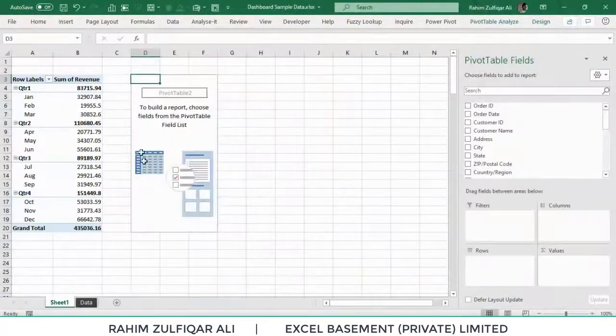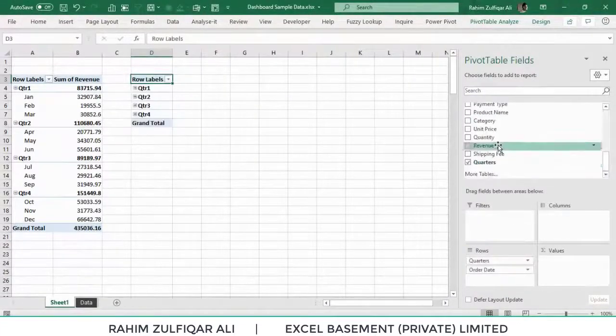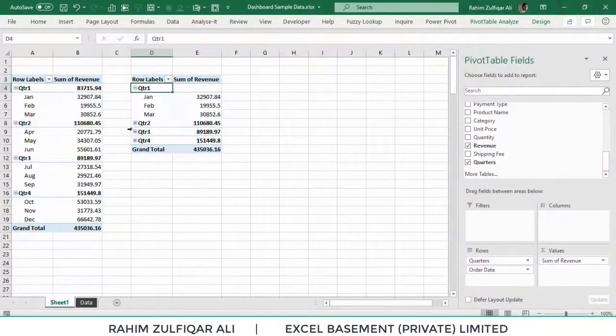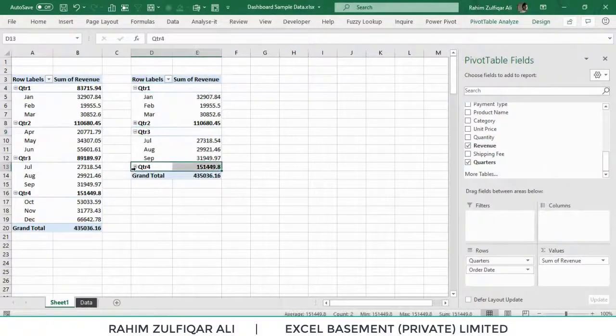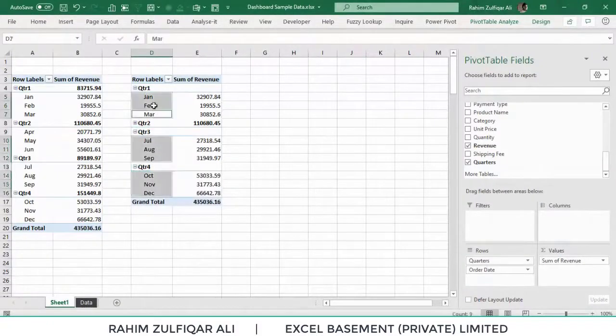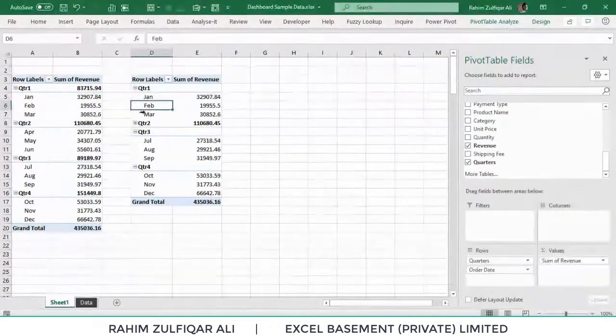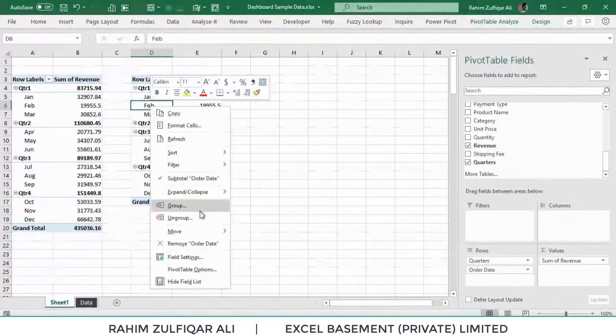I get a new pivot table, PivotTable2, and I drag the order date again and the revenue field into the values. Here again in the second pivot table I find grouping, and I don't need grouping here. I want to ungroup this data, so I right click and ungroup.